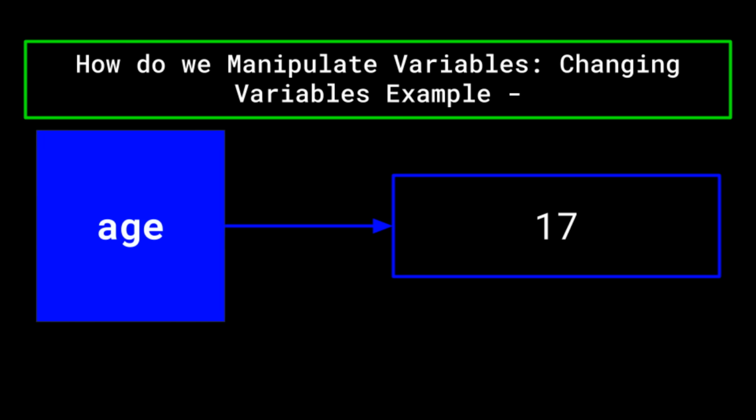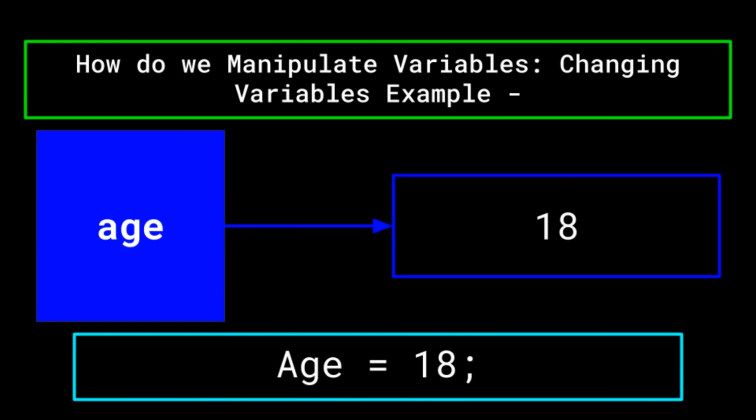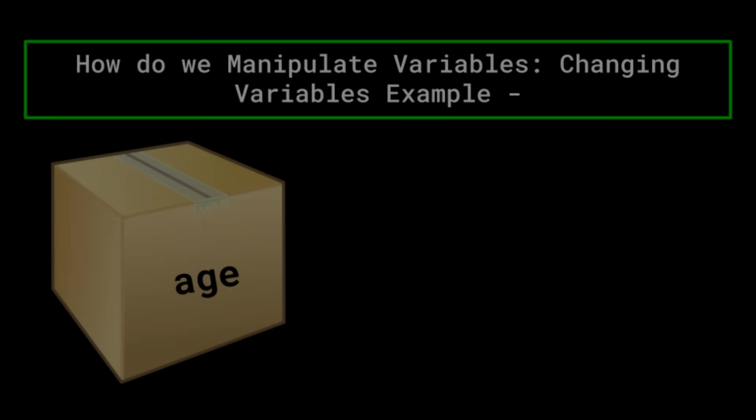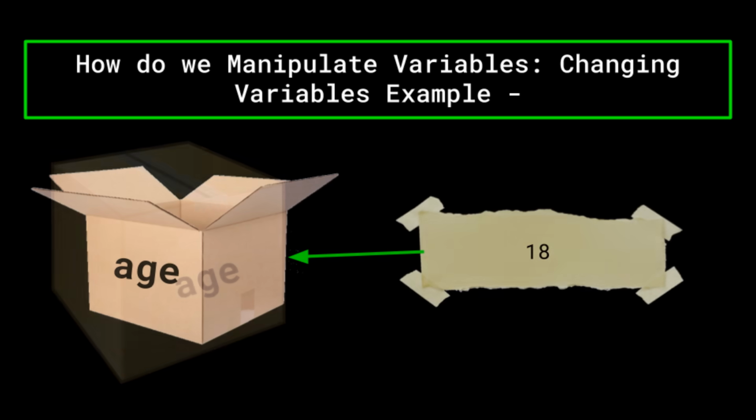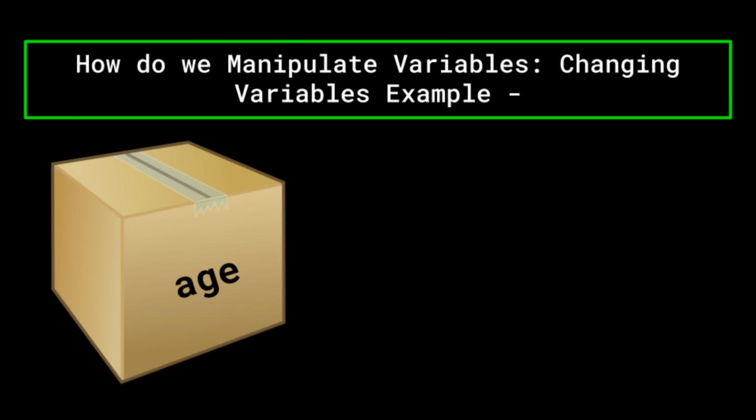Then, you celebrated a birthday and wanted to update your age. All you would have to do is reference the variable and set it equal to whatever new integer you want the variable to hold, in this case, 18. This would be the same as having a box labeled age with a sheet of paper reading 17 inside of it, and then taking that piece of paper out, erasing 17, replacing it with 18, and then placing it back in the box. Doing this, we are able to easily update the contents of our variables throughout the code as